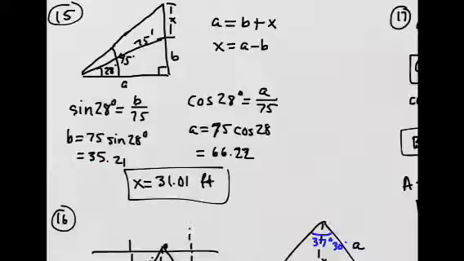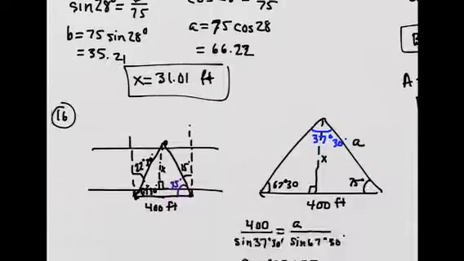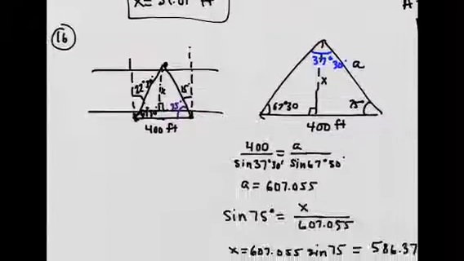And then for A, it's cosine. So cosine of 28 is A over hypotenuse. The work is right here, and you get 66.22. You subtract this from this, A minus B, and you get 31.01 feet. Okay. For number 16, this one did not have a